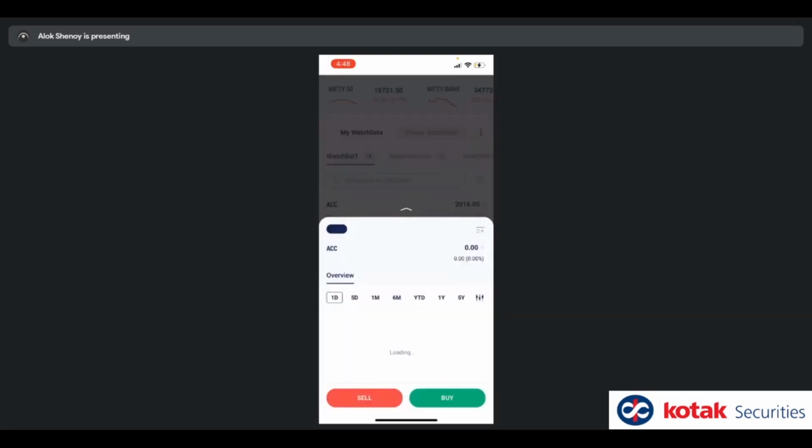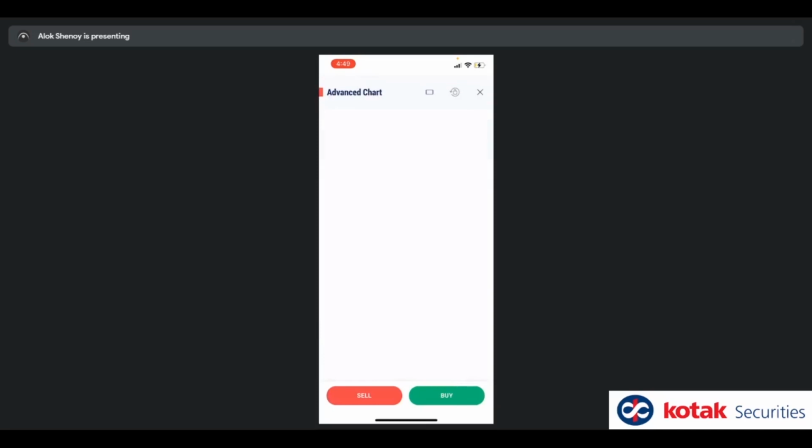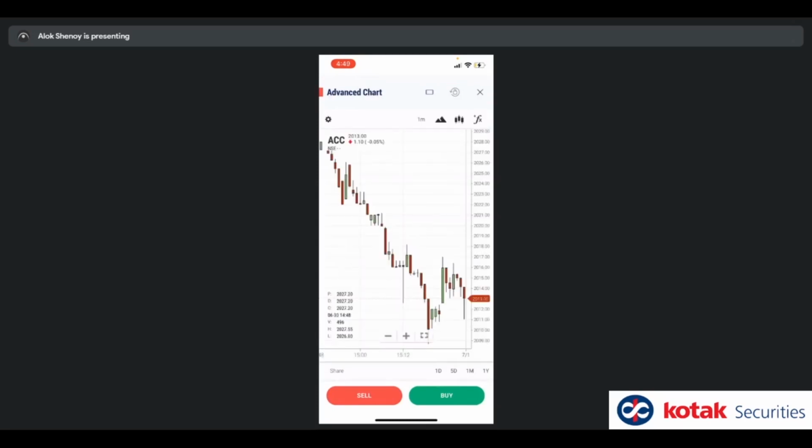To see live chart, once again, I know that advanced chart is a very popular feature request. So you have the option to click on the advanced chart icon, which is beside 5Y here. You tap on this and it shows you the advanced chart. Okay. And this, when the broadcast is on, when the market is open, this will show you a live stream of data. So you will be able to see the ticks coming and the candles forming in real time. Okay.